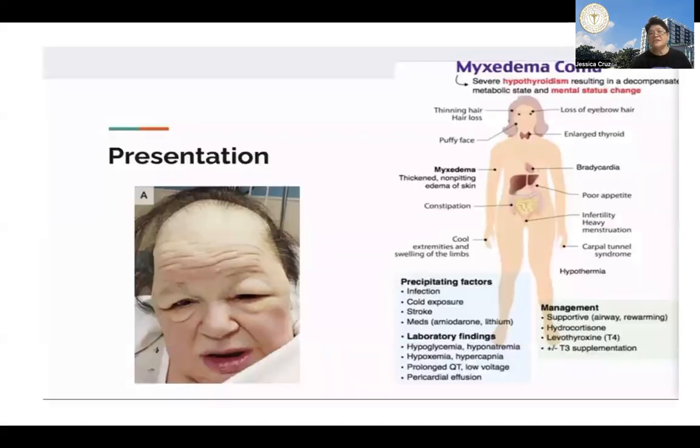So ito yung myxedema coma. This is severe hypothyroidism. Okay. Now,